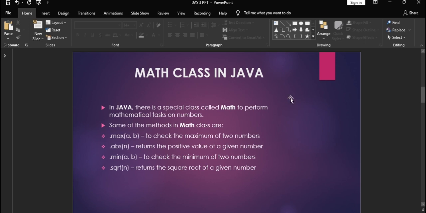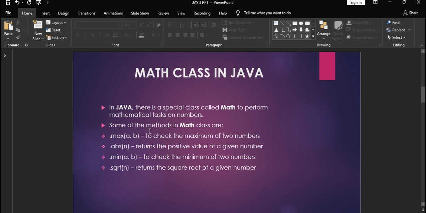And then next we discussed the Math class, that is it is used to perform mathematical operations. So we discussed some of the methods here, like maximum value, which returns the greatest of 2 numbers, and absolute of a number, that is it returns the positive value of a given number, and minimum of 2 numbers, that is it returns the minimum value of the 2 numbers, and the square root returns the square root of a number.